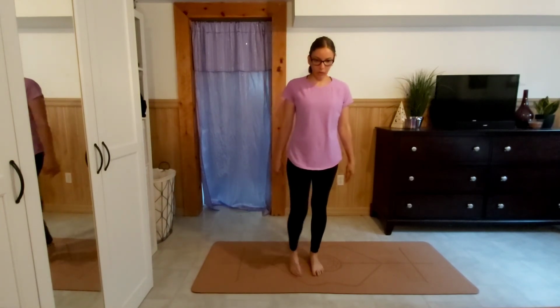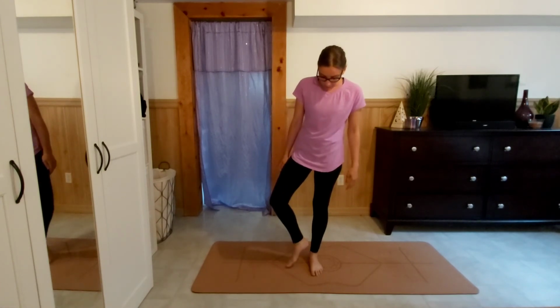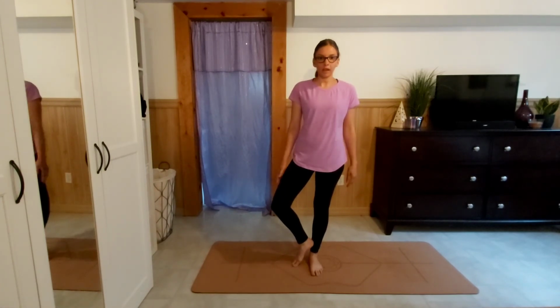Okay, we're gonna do a quick tree pose here. So you wanna ground through the left foot, bending the right knee, placing the right ankle on the left ankle. This is tree pose. You can stay here, or if you'd like to challenge your balance a little further, feel